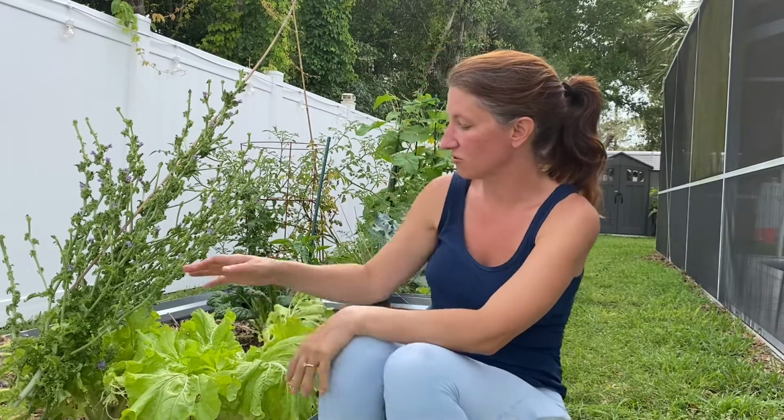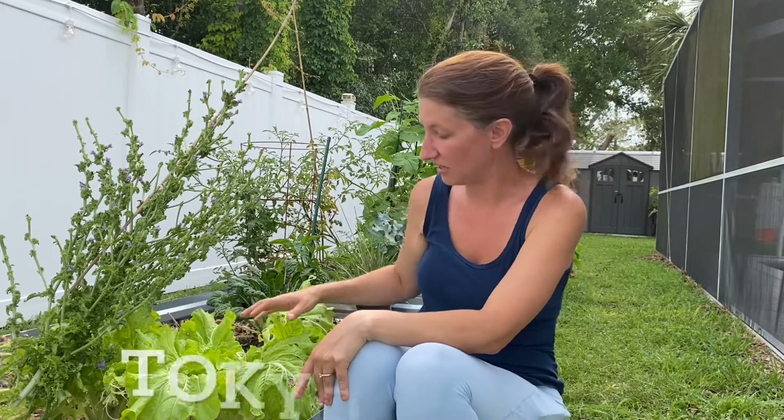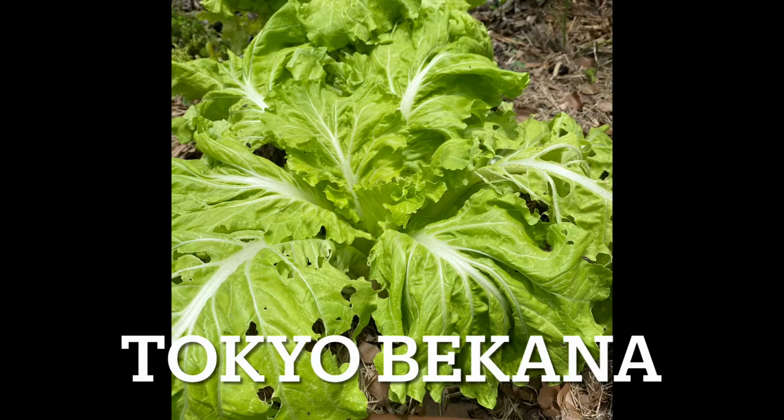Things that I might add to it, like the kales or the Egyptian spinaches, or the sweet potato leaves. All of those things would work, but having a whole bowl of them feels so foreign to the typical salad that you're used to during our fall and winter months. So I wanted to first show you, this one is my favorite, and this is a Tokyo